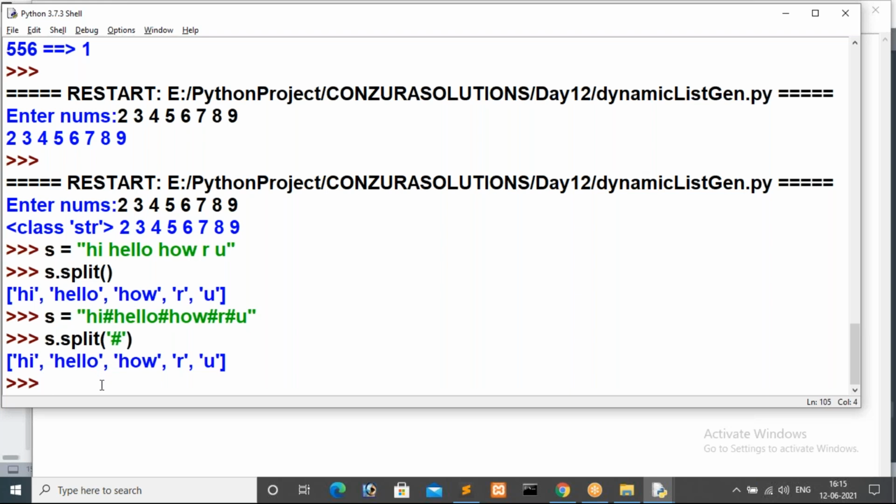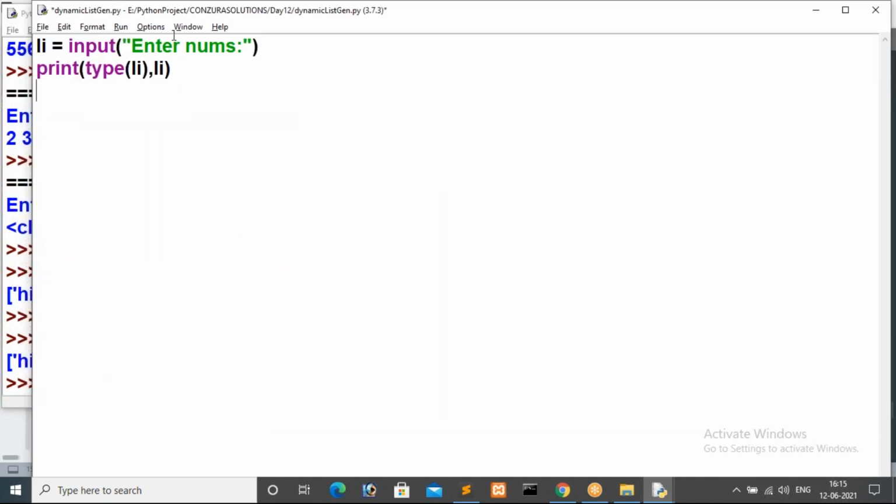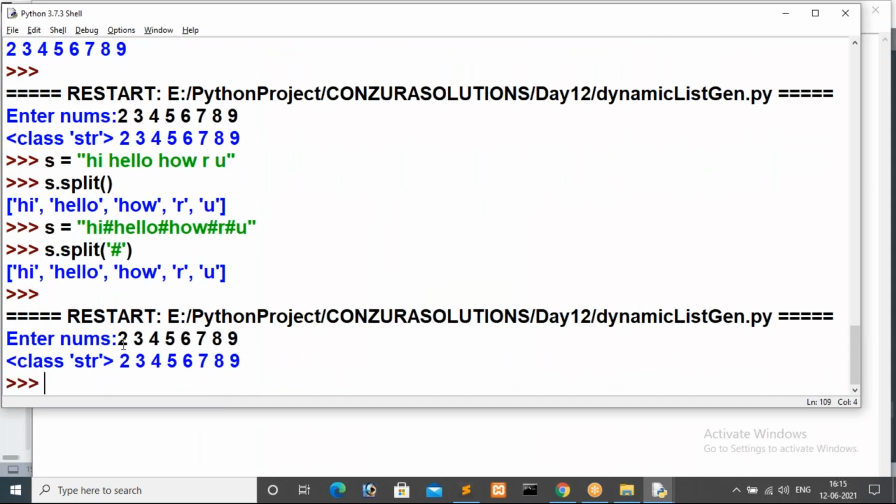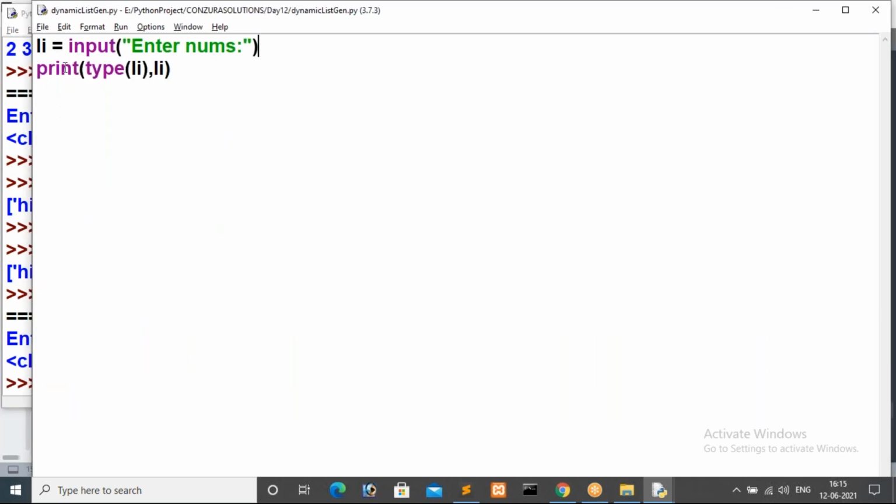Now I'm going to apply the same concept here. Now here I want to use split. When I run this program, I'm going to pass the numbers 243. That is string type, right? Now I want to convert this entire sentence. Actually here we are calling it sentence, 2345, all this is a string. Now I want to convert these numbers into individual numbers. For that, while reading I am calling the split method. After reading that entire statement, I'm calling split.